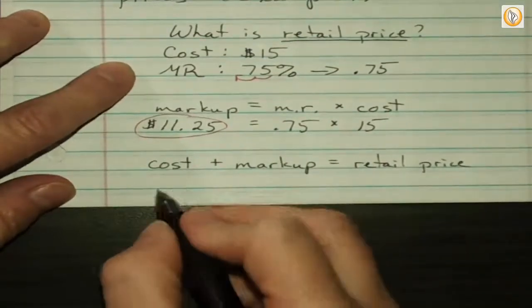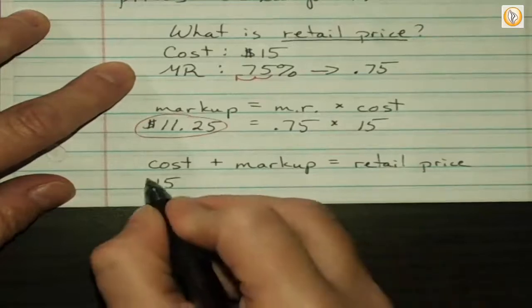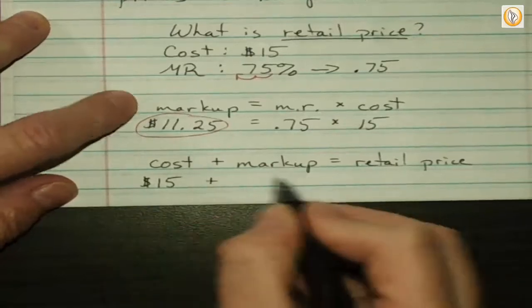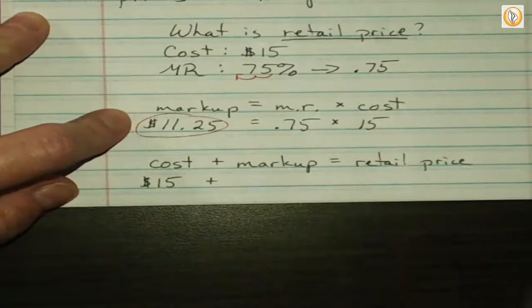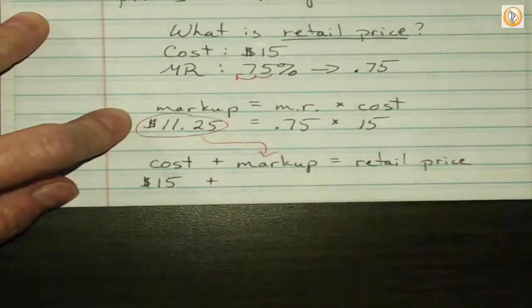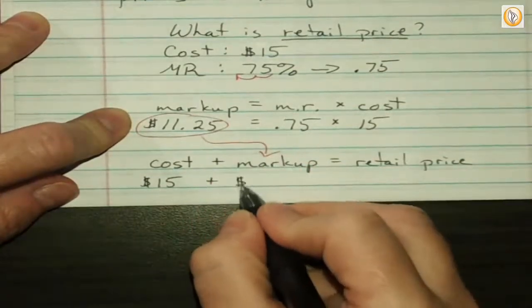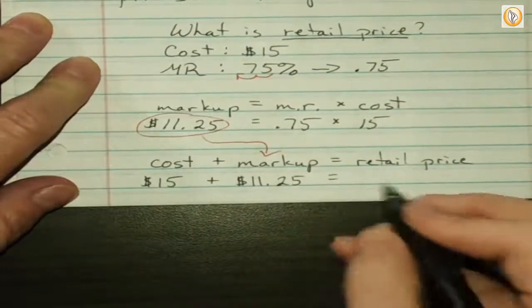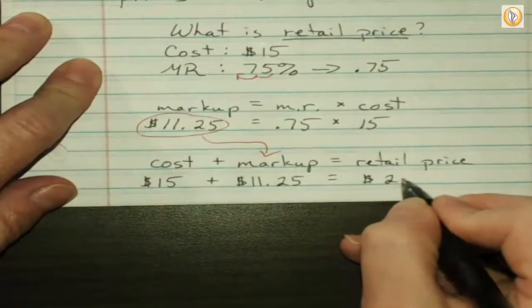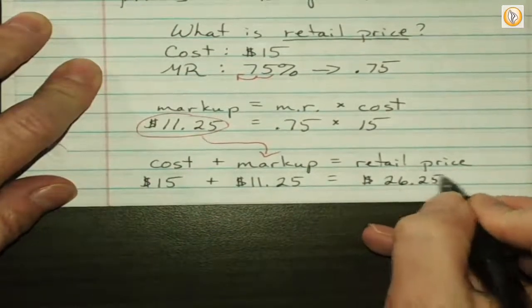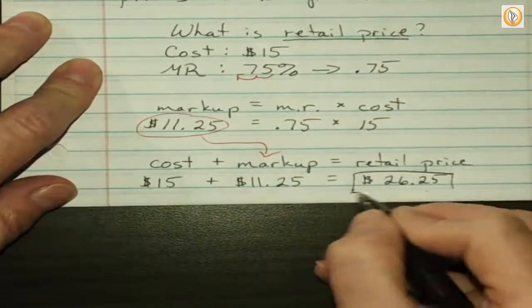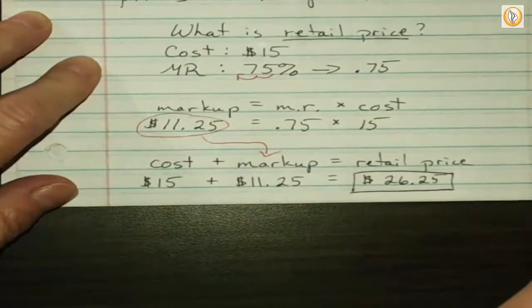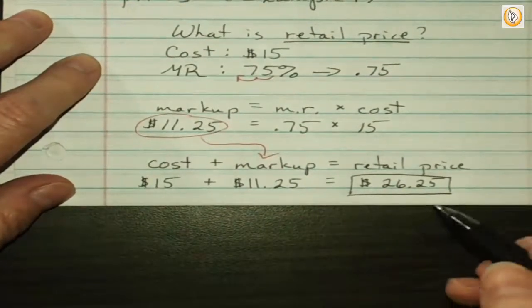So the cost, we plug in, they gave us $15. We just found the markup, so I plugged that in. We add that together and we get $26.25. So the retail price that you pay is